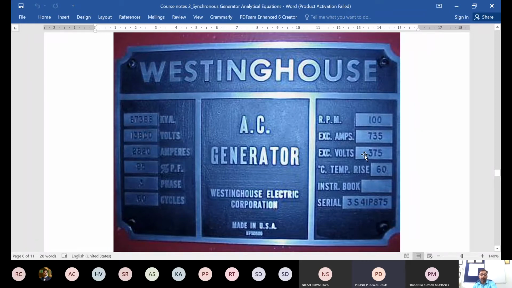No, I'm saying, see, these two are very different. This is the DC supply. So for the field winding, you're providing this much DC power input. This is the power which you are generating. So there is nothing to divide as such. I'm just telling you for comparison that this machine is generating 67,000 kVA, but for that, the DC supply consumption is only this much, 275 kilowatts. I'm just telling you because there was one question.